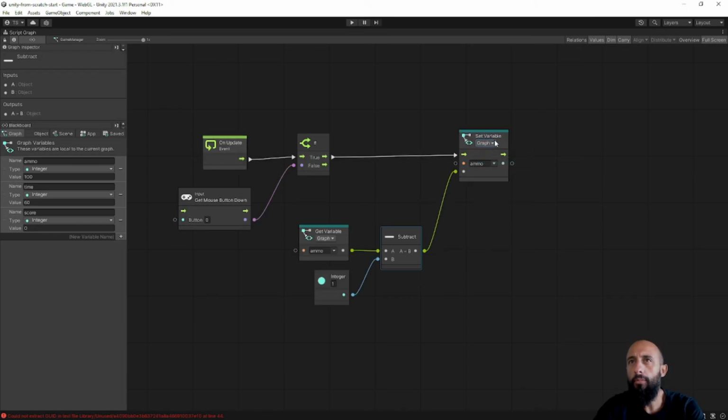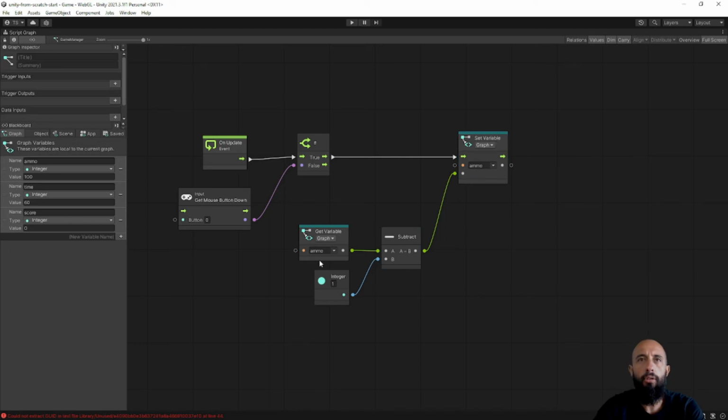Oh, sorry, graph. Okay, let me just explain this flow that I've created here. So basically what we are doing is that when we are constantly checking on update, on the loop, when the player presses the mouse button down, we are setting the variable, the AMO variable. And we are setting the variable with a new value that we are inputting here. And that new value is what? Is equal to the number that we have in the variable, the value that we have in the variable, -1,